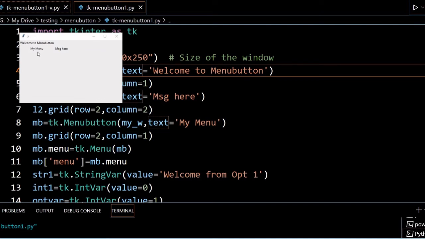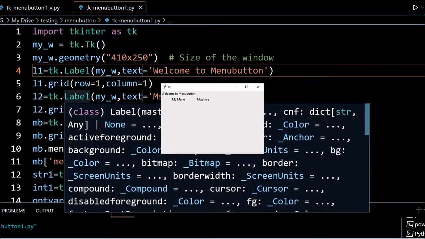Hi friends, what's this menu button? This is actually a button. If I click this, I can get a lot of options where I can work. It will work like a radio button, a check button, or on click I can execute some functions. I can even directly write inline functions and I can quit it also. We'll learn all about these menu buttons.